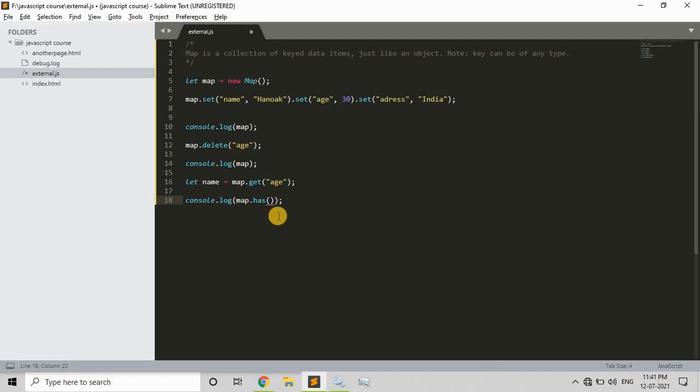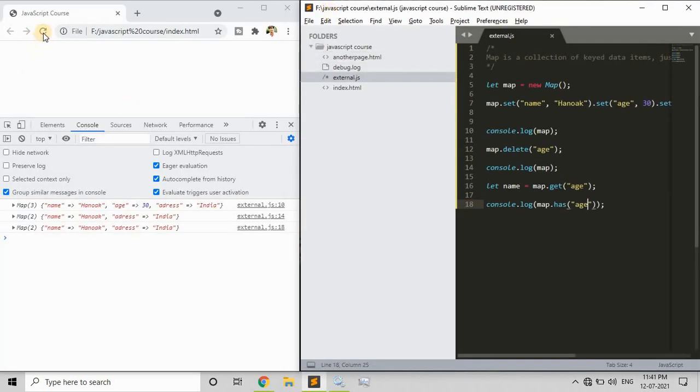Has is a method which accesses a key and checks it against the map. If I say age, it checks for an element with the key age and returns true or false. If I refresh, you'll get false.